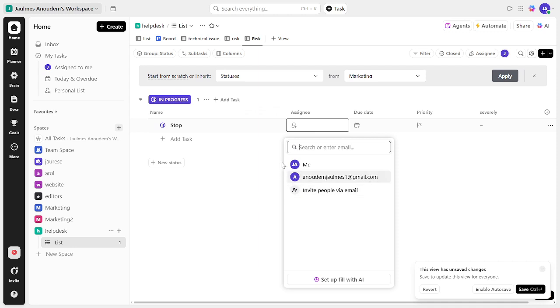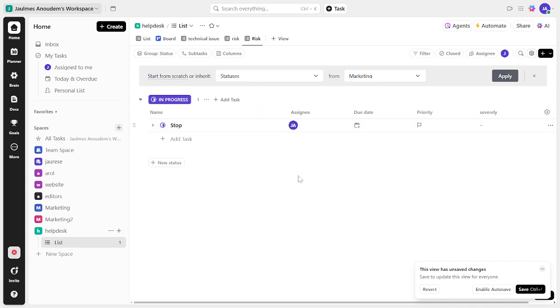This is crucial because it ensures that there's always someone accountable for managing these risks. And there you have it, a quick and efficient way to track project risks and mitigations in ClickUp. Remember, staying on top of potential project risks is key to